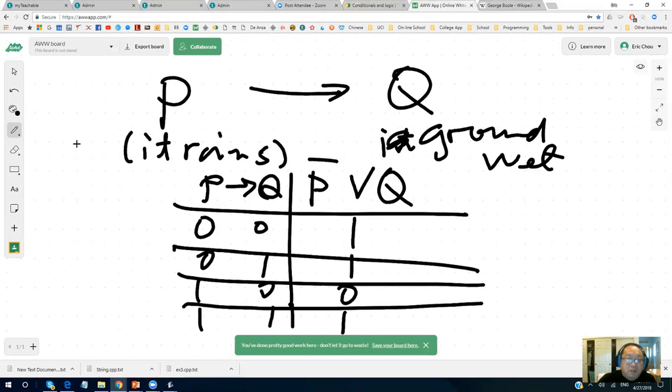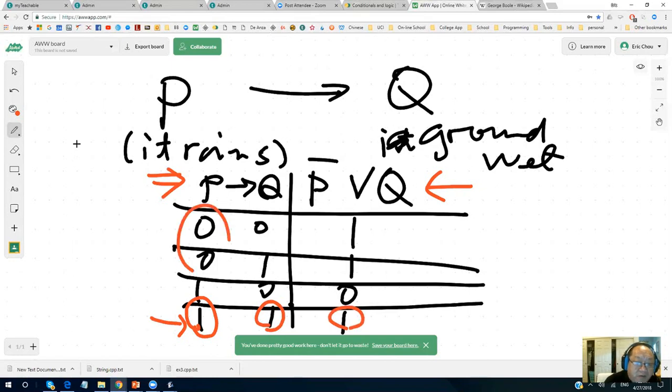The logic on the left-hand side, if it rains, the ground will be wet, actually means the same thing as not P or Q. Why? Because if it rains, then the ground will be wet, so this is true.